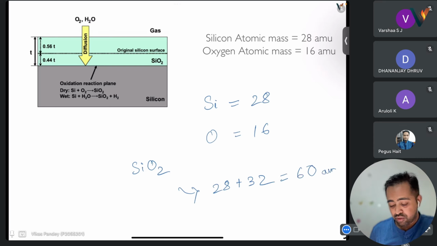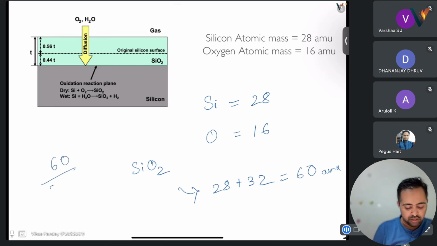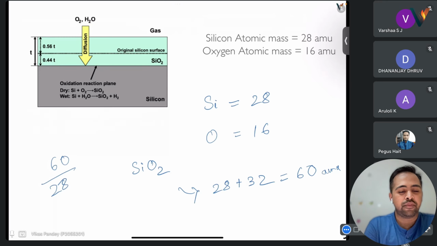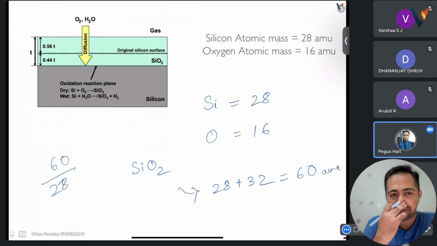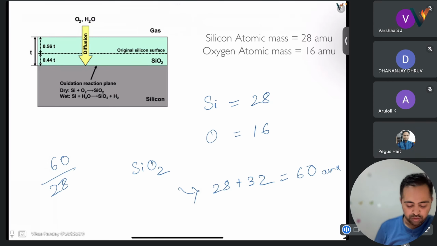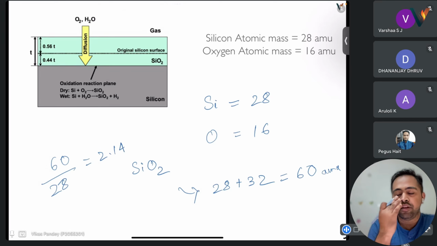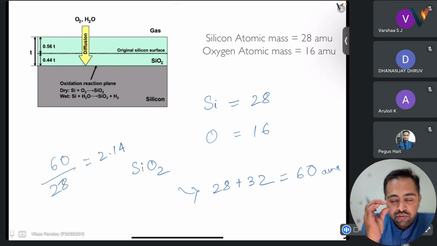So if we compare it with silicon, 60 by 28, how much will it be? 2.14. That is, I'm talking in the opposite way, the amount of silicon that is consumed,